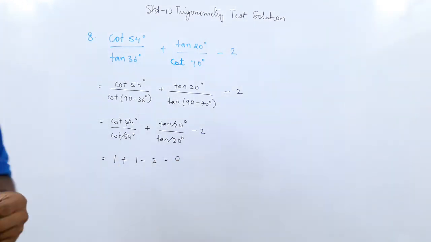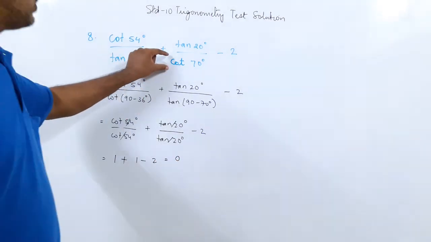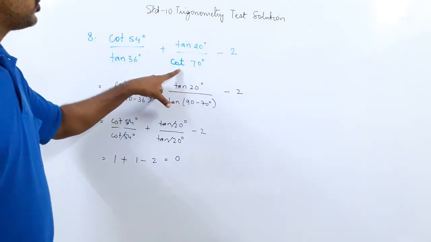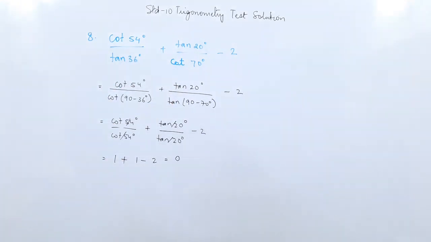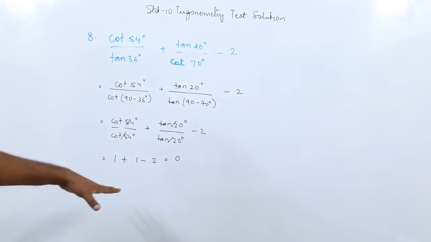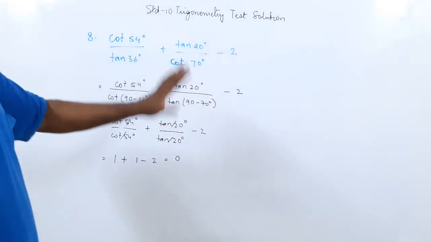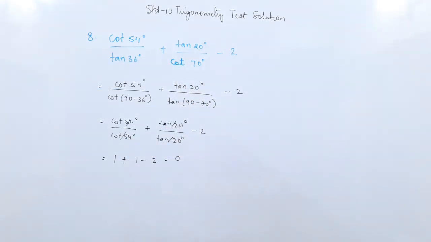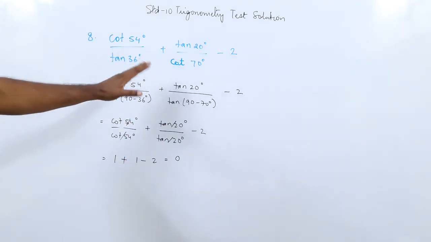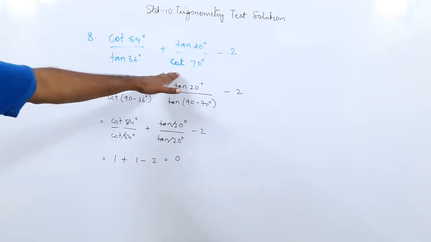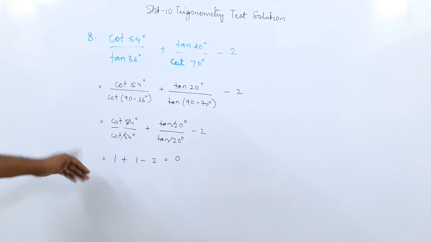So the error is related here, it's a typing error. So this tan is supposed to be cot and the answer is 0. So this sum you may not get the answer, but I will give you grace marks for this particular sum. Okay, so you know the method. So if you know the method, then this is the typing error, so you are supposed to get your grace marks, but this is the sum which we will do.